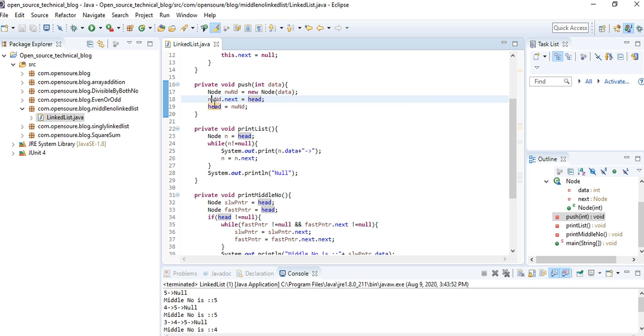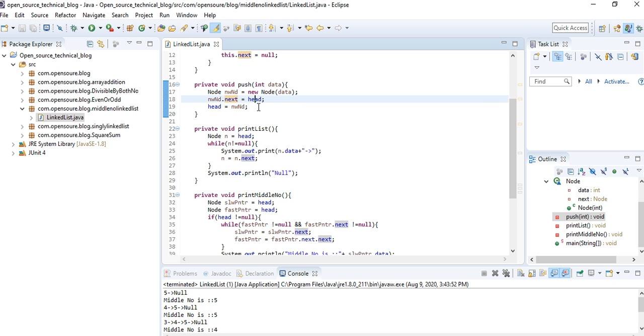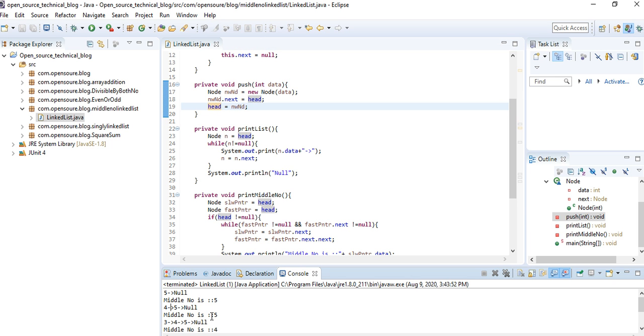This particular new node where we inserted 4 as data has its next equal to head, so this node contains data 4 and head is right now 5. Then again we assign head to the new node, which is 4. Right now head is 4. And so on, then we'll assign 3, then 2.